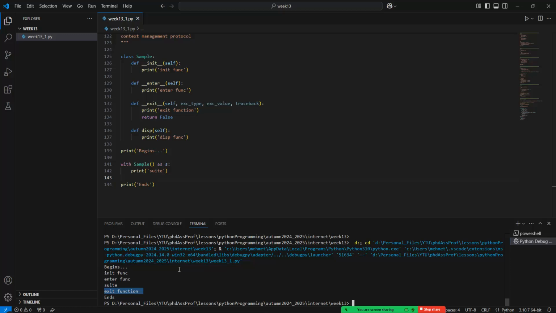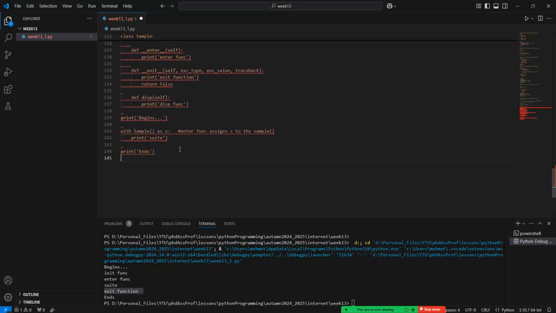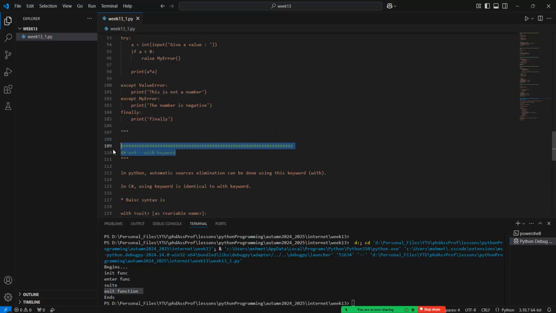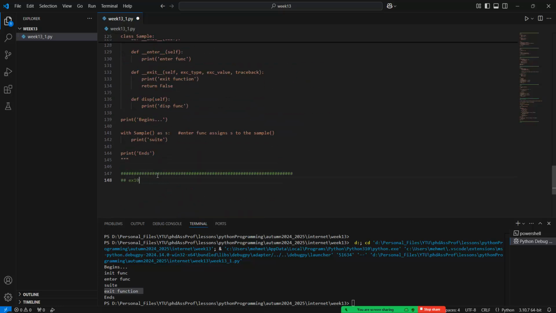Do you understand right now, guys? Okay. This is the basic utilization of the with keyword to govern the resources of our program. Okay,